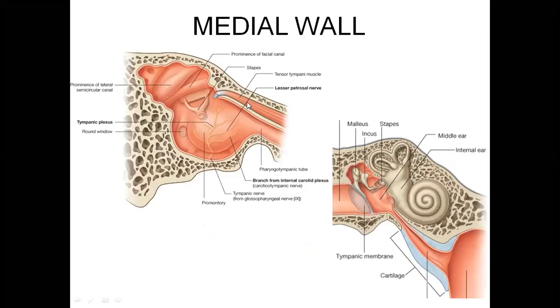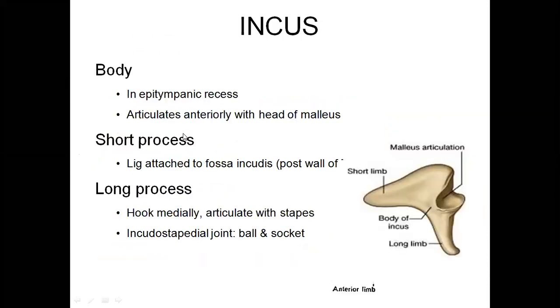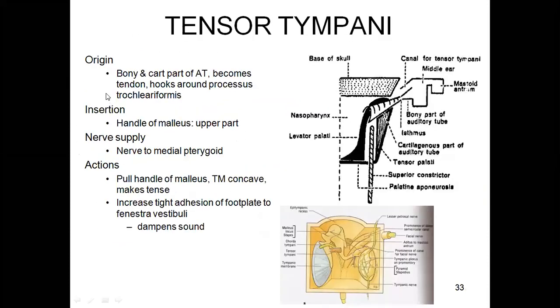This is the tensor tympani muscle, which is closely associated with the auditory tube. This is our auditory tube, which communicates the middle ear cavity with the nasopharynx. So closely related, we have the tensor tympani muscle. From this picture, you can make out that it comes from the bony and cartilaginous part of the auditory tube. It becomes a tendon, hook-like around the processus cochleariformis. Insertion: upper part of the handle of malleus,